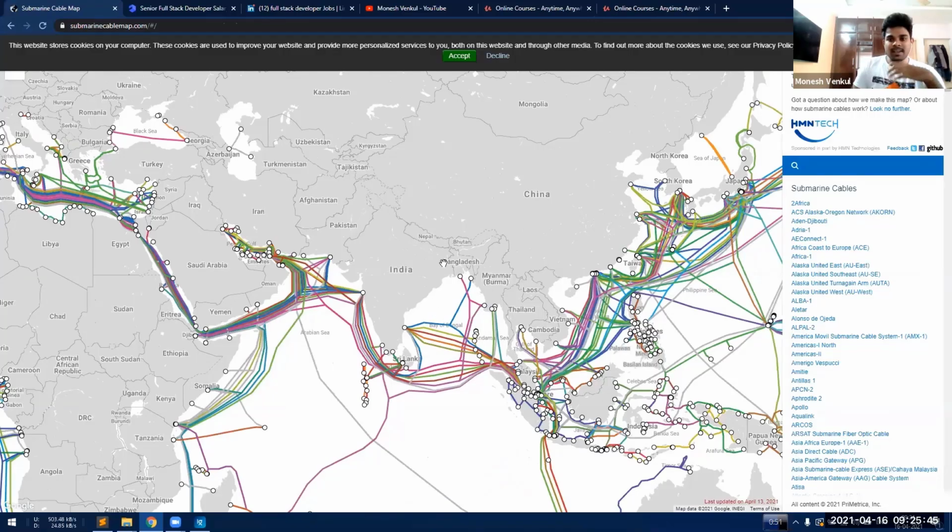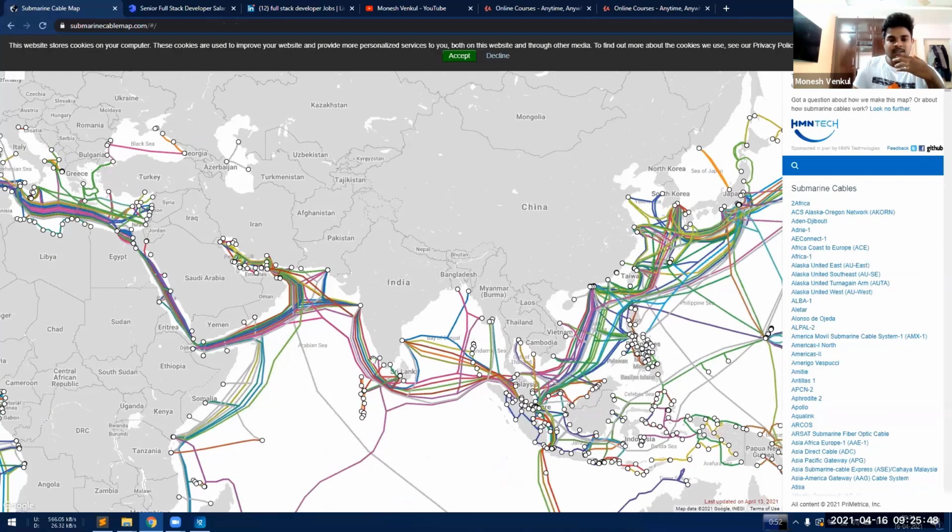And you see a map here, right? And you see all the lines. So actually, when I was learning about full stack web development, I always wondered, Facebook is created in the US, and the files of that Facebook are located in the US. So I always thought, if from India I type www.facebook.com, how do files from the US come to India? So I found my solution at that time by searching on the internet. I thought of sharing it with you also.